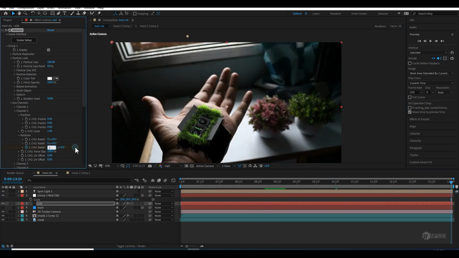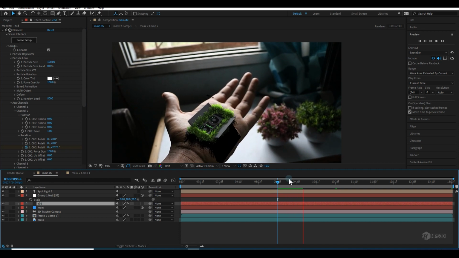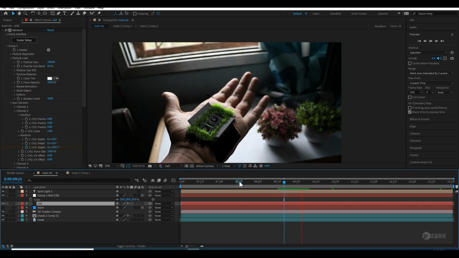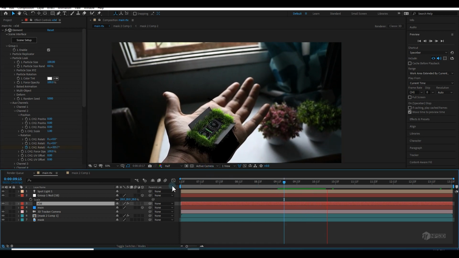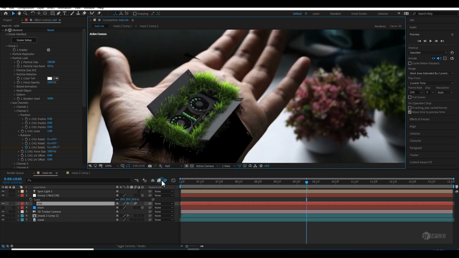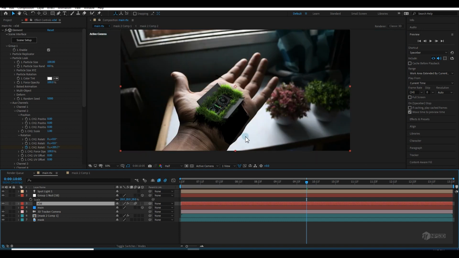Let me press 2 to check: the movement is very slow and subtle. And if you want high, you can just press 12 and now the movement is very fast, but you cannot see it. So for that you can enable motion blur here and for the scene, and now maybe you can see clearly what's going on. So pretty good.